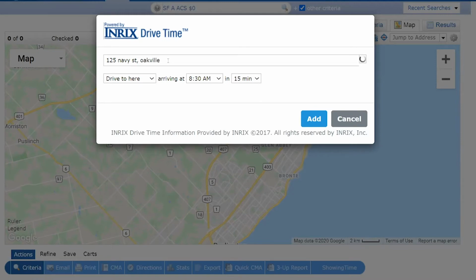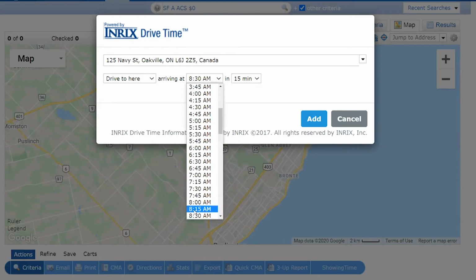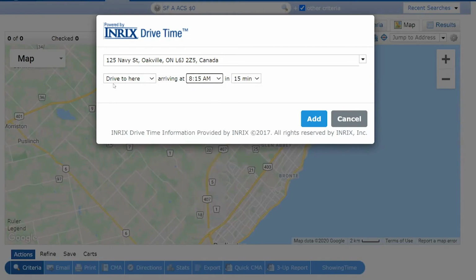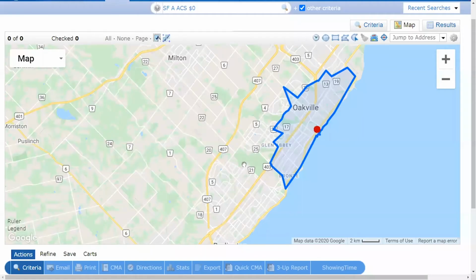Okay, just hit enter, so it confirms it, right? It found 125 Navy Oakville. We said 15 minutes is the commute. However, we need to be there by 8:15, and yes, we are driving to that location to arrive in that particular time frame. If we add this to the map, let it load here, well, what it's doing in effect